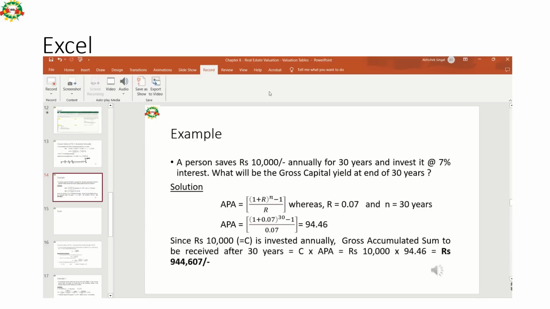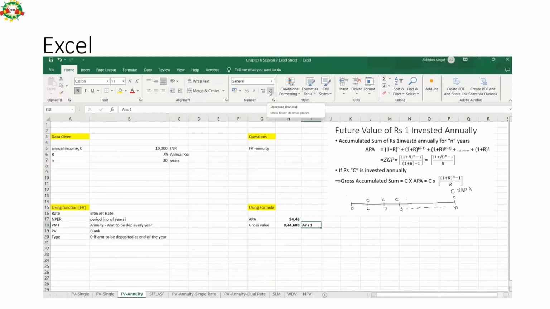You see, this is matching with it. 9,44,607, 944,608. So if we calculate this same thing directly without calculating APA, gross value,